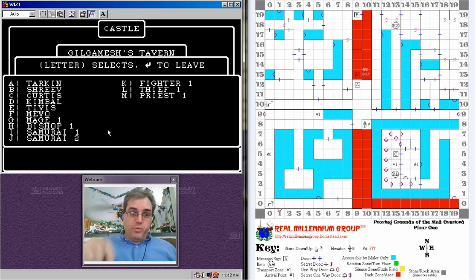Wizardry 1, 2, and 3, and I believe Wizardry 5 was also included in that. Of course, in 4 you didn't use any characters, you played Werdna. But all the normal campaigns, 1, 2, 3, and I believe 5, in the original floppy disk version of the game, you can copy characters from one scenario to another. Now, of course, there were some weapons and specific items that are campaign specific that wouldn't be copied over, and your characters would go back to being level 1 characters in each of those campaigns.